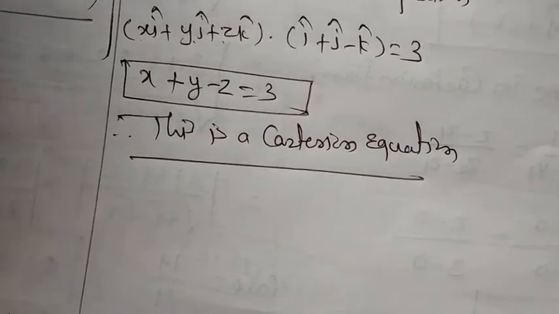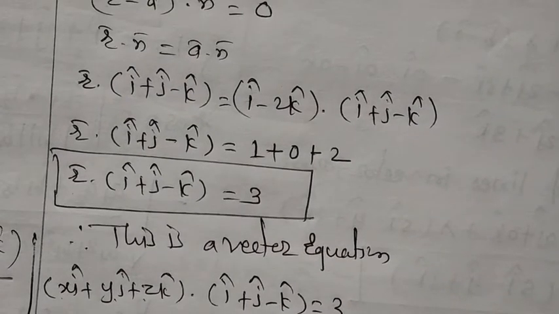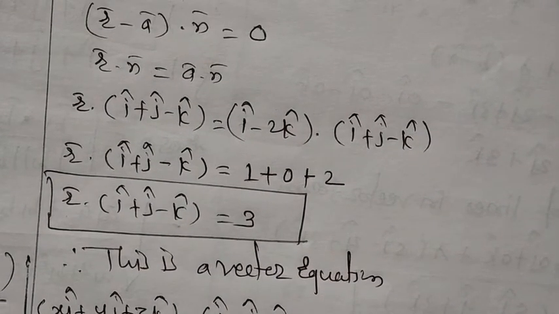Very simple way, you just need one formula, r bar minus a bar dot n bar, the equation of a plane passing through a point and having the normal. Same as the second example, you can also do it. We are given again a point 1, 4, 6 and having the normal i minus 2j minus k.